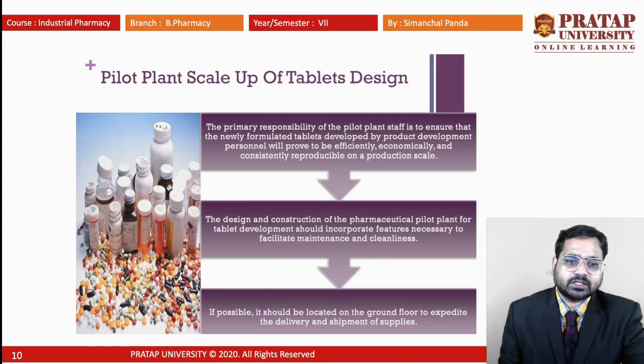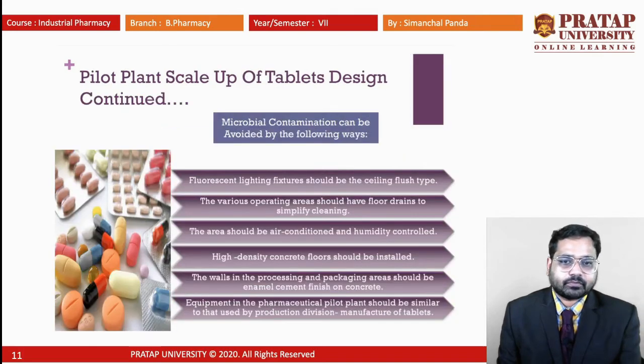The design and the construction of a pharmaceutical pilot plant for tablet development should incorporate features necessary to facilitate maintenance and cleanliness. Cleanliness is more important to avoid microbial contamination as well as contamination by other ingredients during manufacturing. If possible, it should be located on the ground floor to expedite the delivery and shipment of supplies. Pilot plants